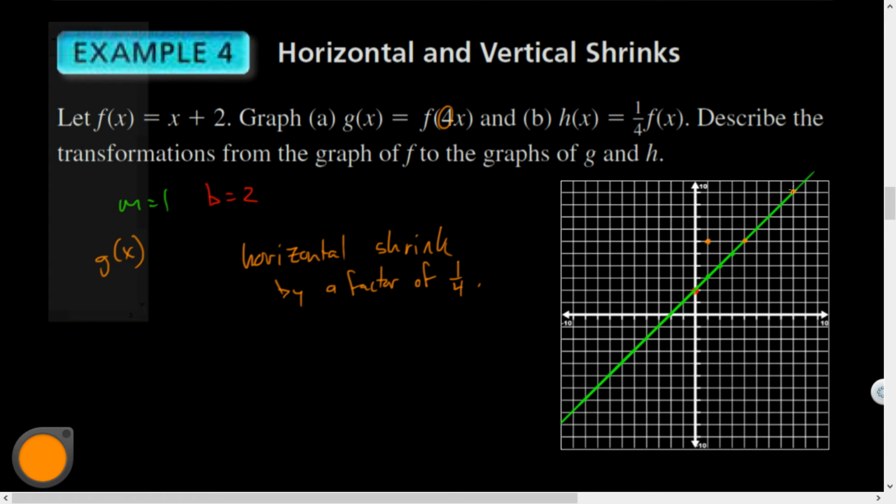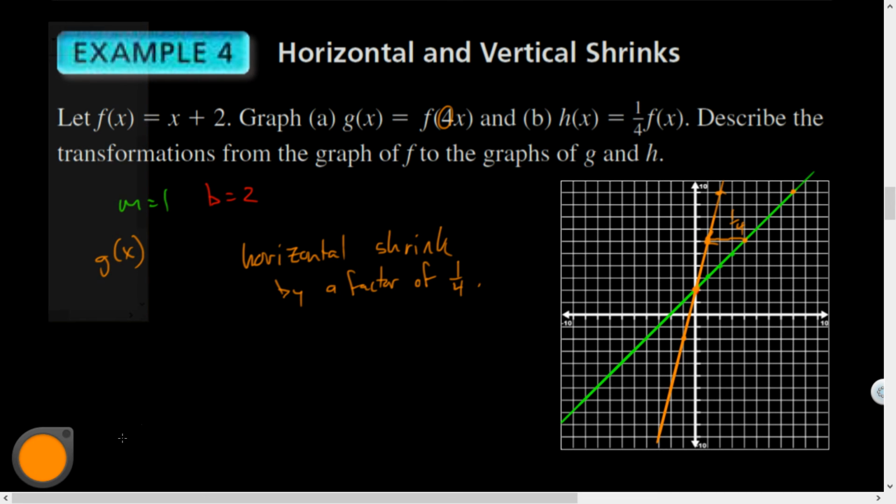What's 8 divided by 4, or 8 times a quarter? 8 divided by 4 is 2, right? How about 0? 0 divided by 4 is still 0, so that stays in the same spot. How about -4? -4 divided by 4 is -1. And so this ends up being a horizontal shrink, like so and like so. So there's the horizontal shrink, where it is now